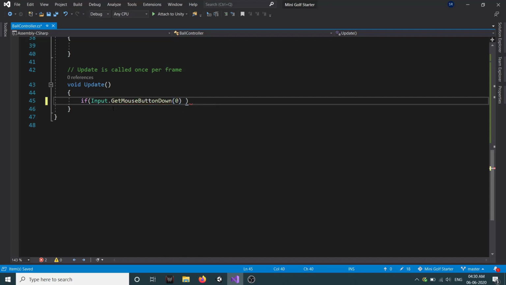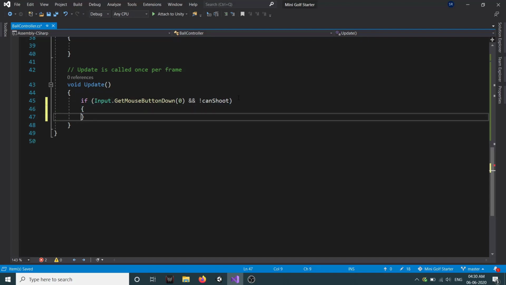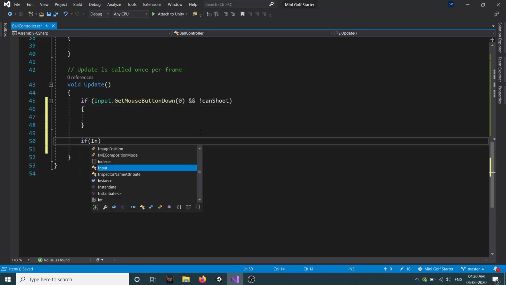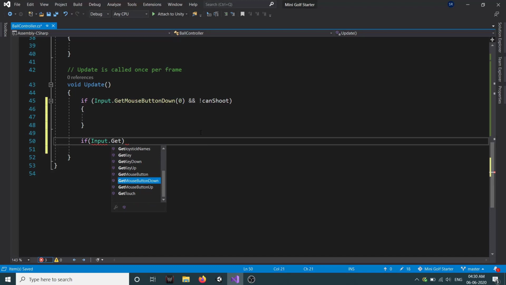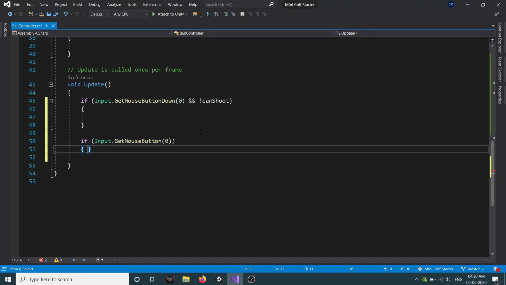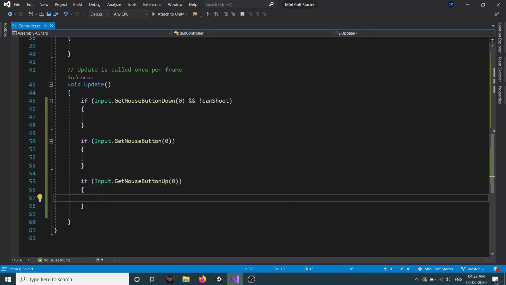Here we check if we have just clicked our mouse button and canShoot is false, then we will perform some code here. The second is if Input.GetMouseButton(0). This condition checks if we have already clicked our mouse button and if we are dragging. Then the third one is if Input.GetMouseButtonUp(0). Here we check if we have released our mouse click.